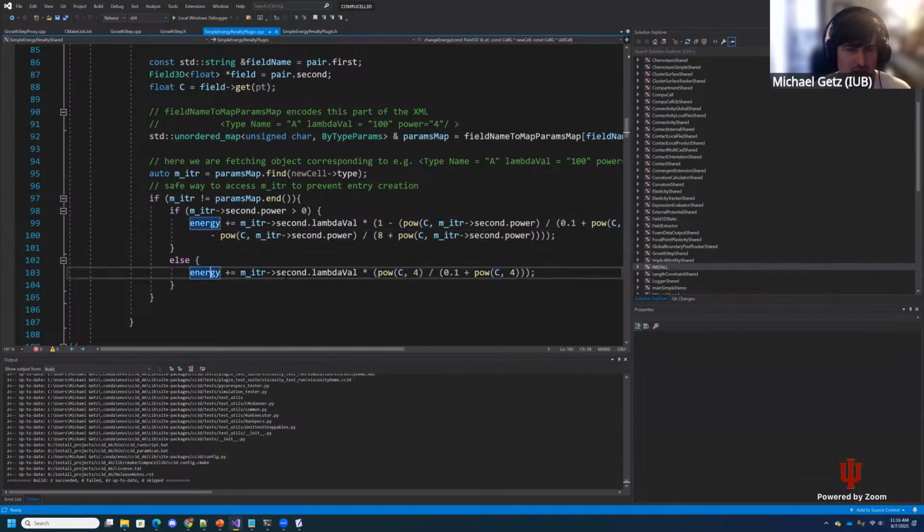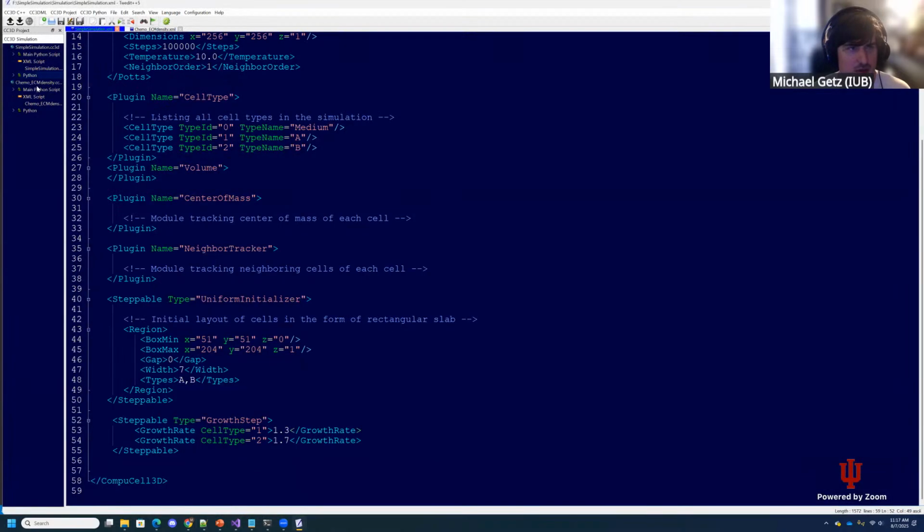Right, so now we can add this energy. This is just an else case, so that if I define a special case, it doesn't do the combination. So we don't need to worry about that, right? But what's basically happening is we're adding this energy penalty at each step. So I have it here. So if we run this,